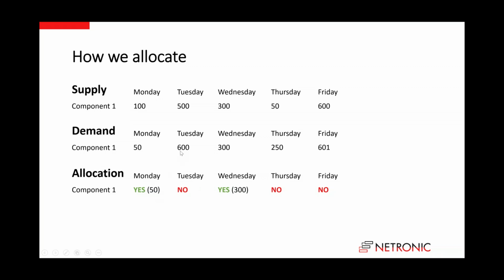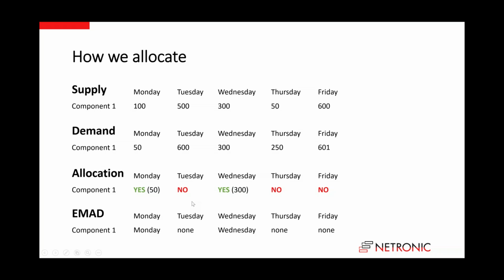On Tuesday we can't do an allocation because we have 500 and we need 600. On Wednesday we can allocate, and here we can't allocate. So this is how we do this day by day. And then in this case, the earliest material availability date for a component would be the Monday. Here would be none, it would be Wednesday, and here would be none because we couldn't make the allocation. Okay, so